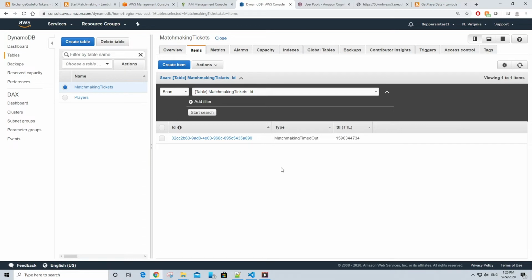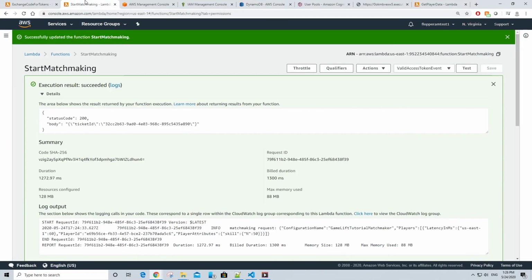The type of this item is matchmaking timed out, because we set the timeout value in our matchmaker to be a pretty low value. We set it to be 60 seconds, which is okay, but in between that 60 seconds, before the ticket timed out, there was actually no item inside this table. There was no matchmaking timed out item for this ticket ID, because if we go back to start matchmaking and